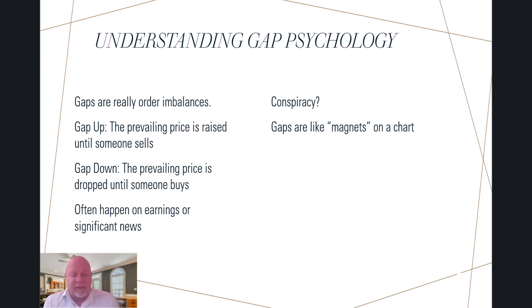Is it a conspiracy? Do they go around and sit and have martinis on Wall Street and say, hey, I think the stock is going to go back to this gap, so let's run it back down to that gap? I'm going to show you some evidence that may be true. I think overall it's just psychology. It's like people are like, well, if it goes below that gap, I'm going to get out. And those kinds of psychological things play out in the market all the time. You see them all the time on charts.